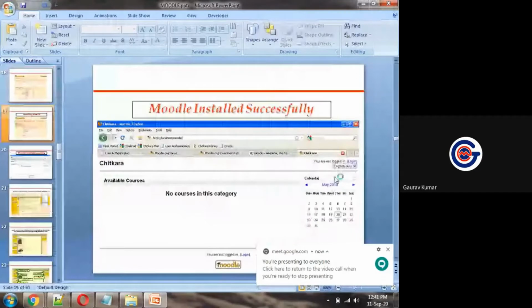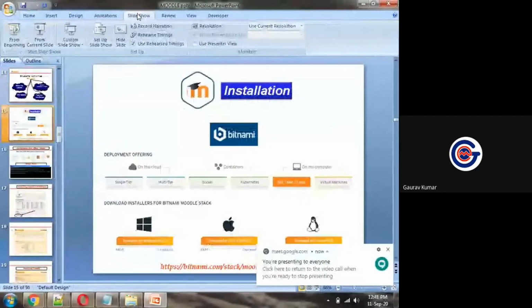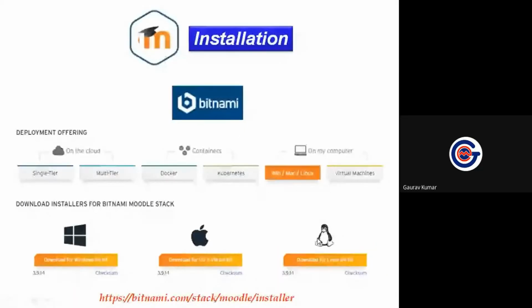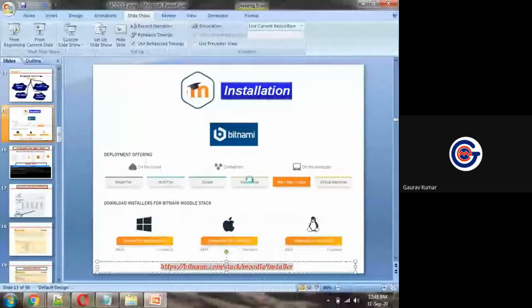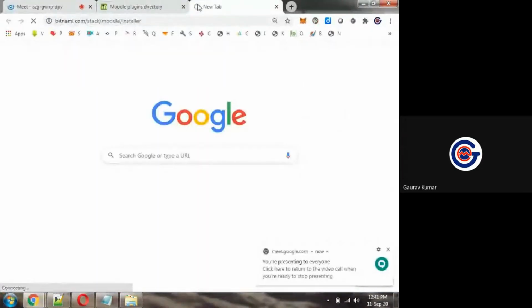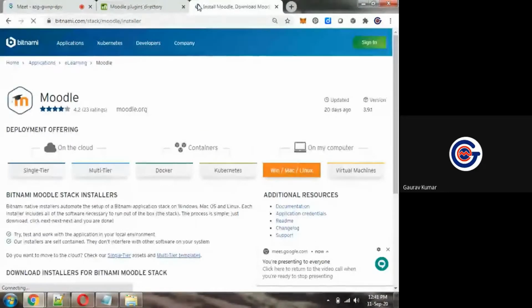So I'm directly opening that screenshot, and you will see here bitnami.com/stack/moodle/installer.